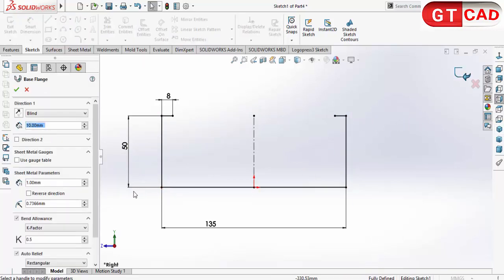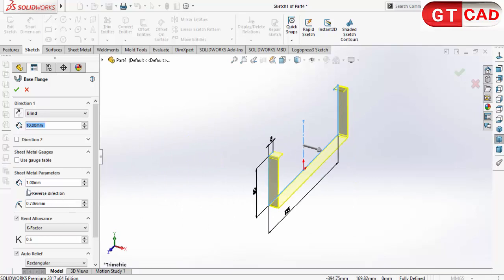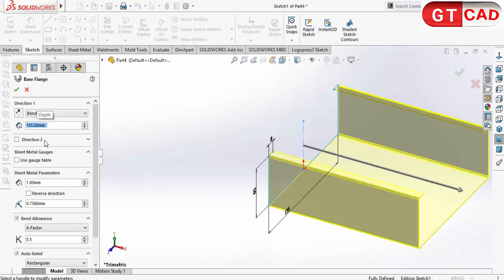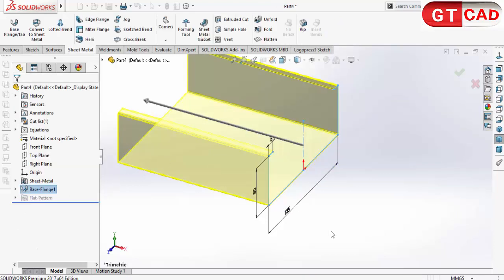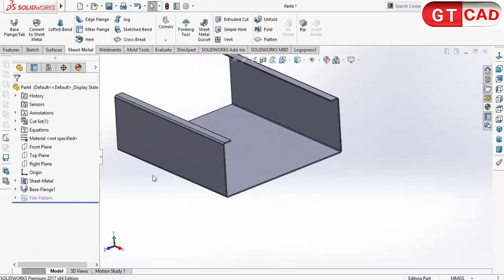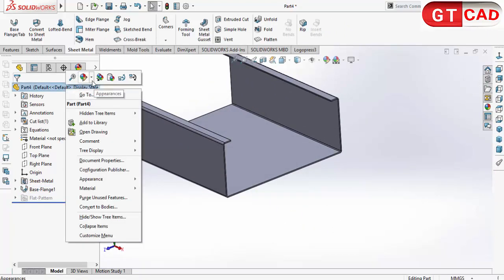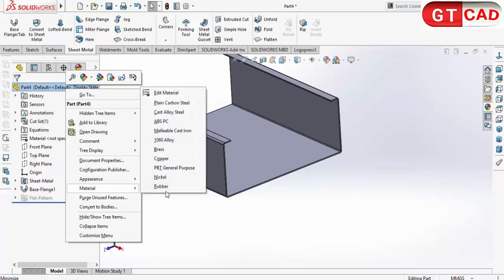As we exit the sketch, it wants you to choose a thickness. Thickness is 1 millimeter, and the distance is 155. Make a restriction. Select OK. Okay, you can right click, go to the material and change the material